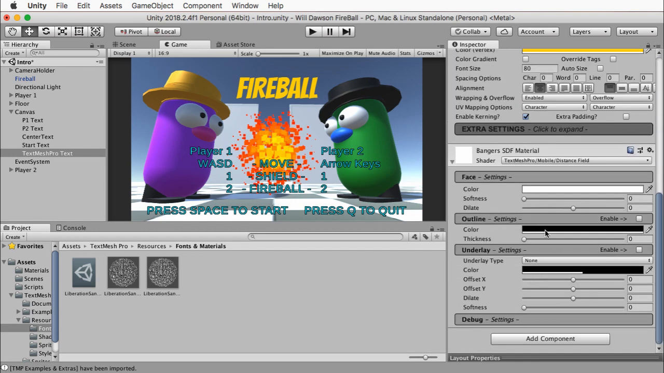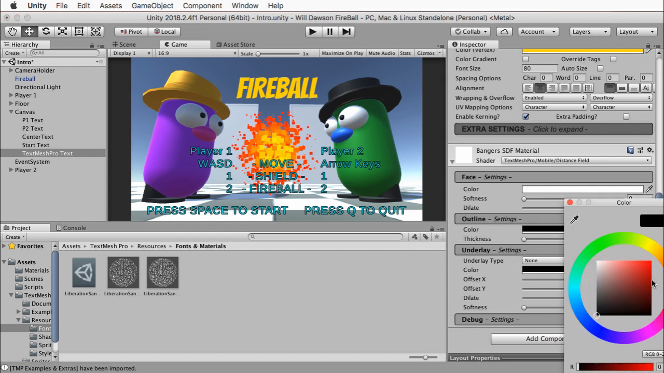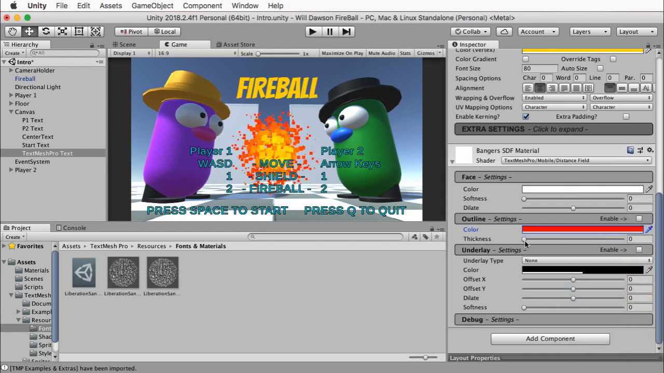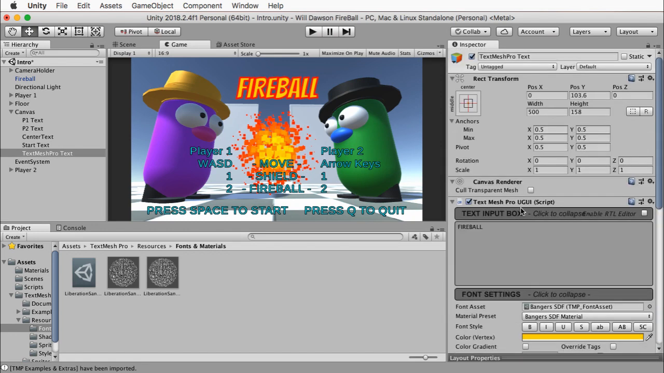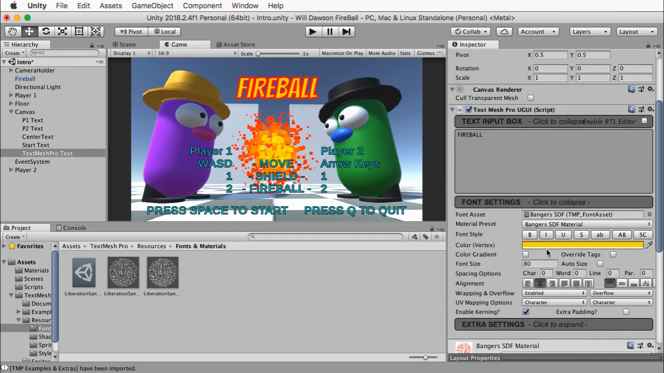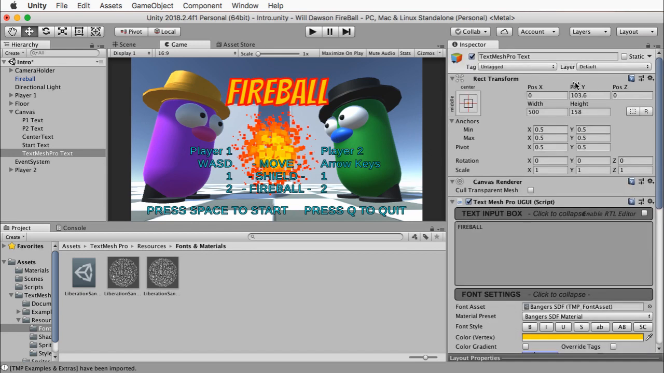And let's go for an outline color. A nice red actually might be cool on this. So we have to enable it. Yeah, that's nice. So I want this even bigger. Let's try 100. And move it up just a little bit. So I'm just trying to figure out what's well,